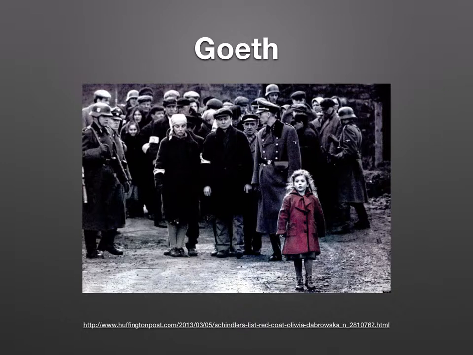Another example of an oppressor from Schindler's List is Goethe. Goethe was the best example of an oppressor because he was the one that led the concentration camp and did not think twice about shooting anyone. Goethe had no love for the Jews, and he would burn them in piles as well. They had different stations even where they would burn the Jews, and that is a clear example of an oppressor.